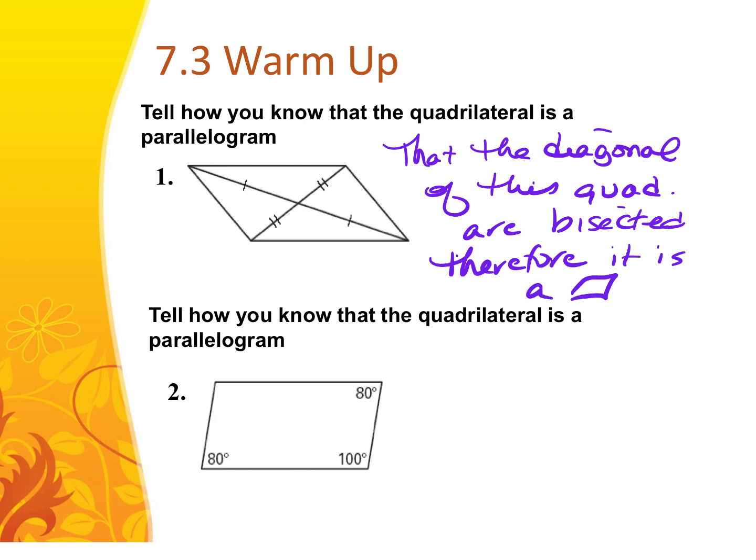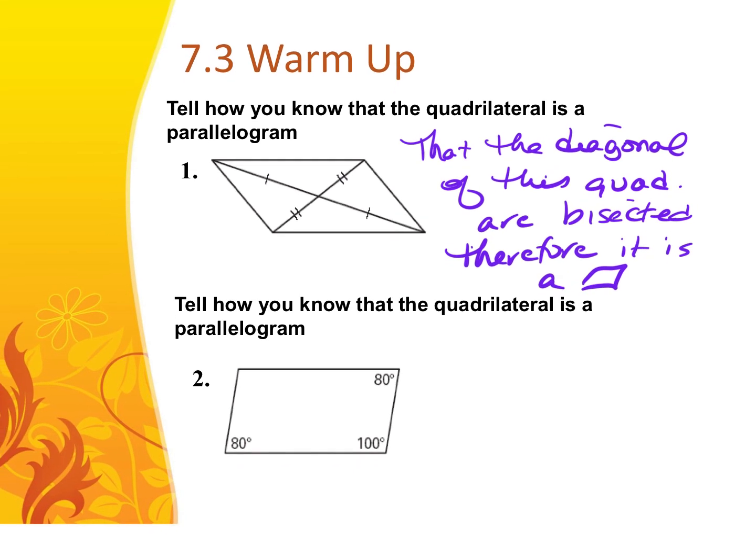So you can either describe it in words, what you see, or say by the parallelogram diagonals converse. Just give me the name. Either way. Now for the next one, we don't know that this is a parallelogram yet,